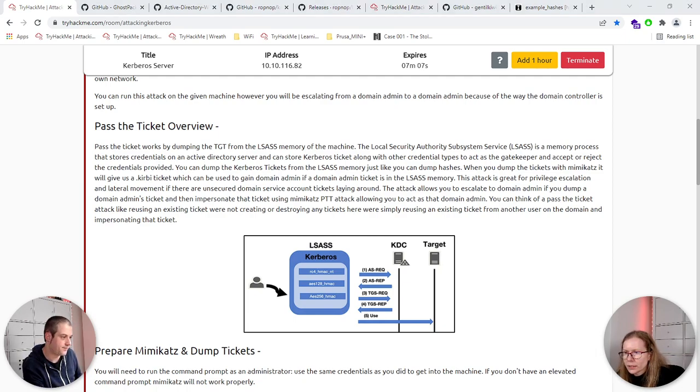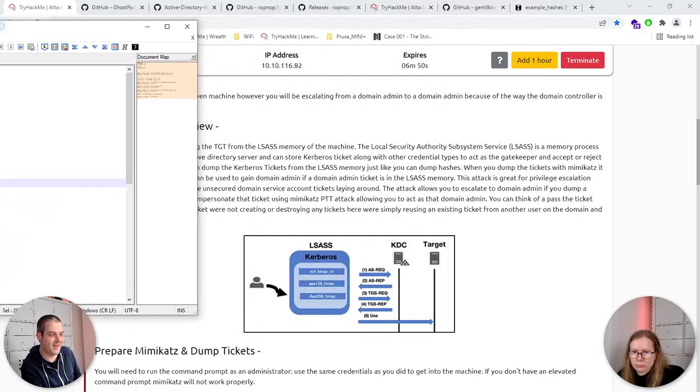When you dump the ticket with Mimikatz, it will give you a kirbi ticket, which can be used to gain domain admin if a domain admin ticket is in the memory. This attack is great for privilege escalation and lateral movement if there are unsecured